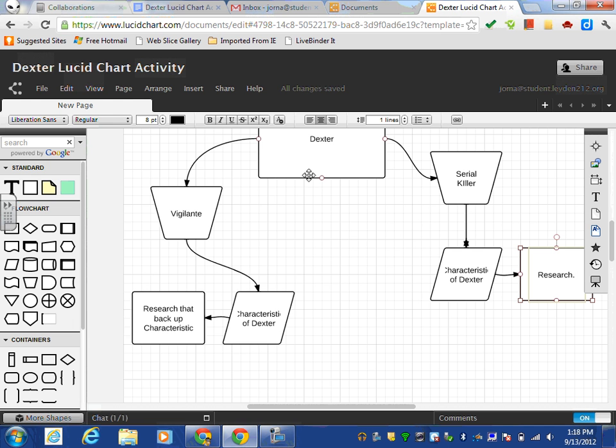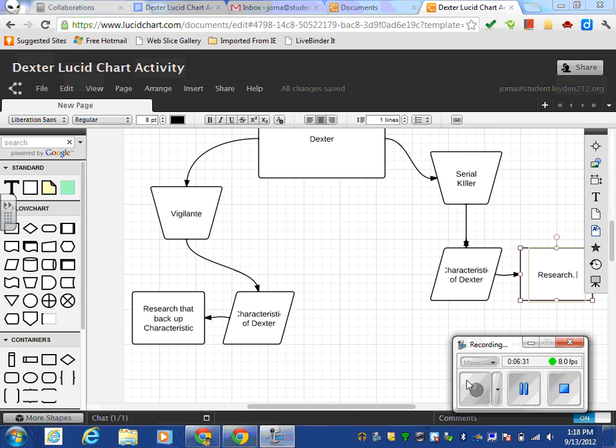So at the end, you're going to be building this up from top to bottom. And then at the end, I want you to make a final shape and embed your global topic sentence of whether or not you think Dexter is a serial killer, a vigilante, or both. And that is it. That's what I would like